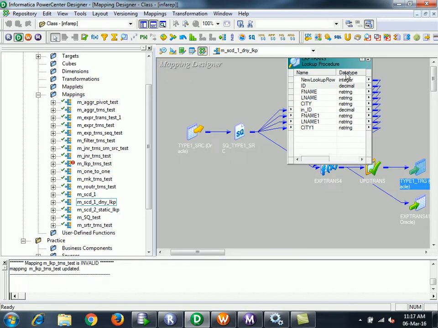Fine. But in case of an unconnected lookup, if you have a series of expressions and the lookup is on the same table, and you need that value in two or three expressions, you can directly call that lookup from the expression and access it. And an important thing is, your unconnected lookup cannot be a dynamic lookup, it will always be static. Fine.